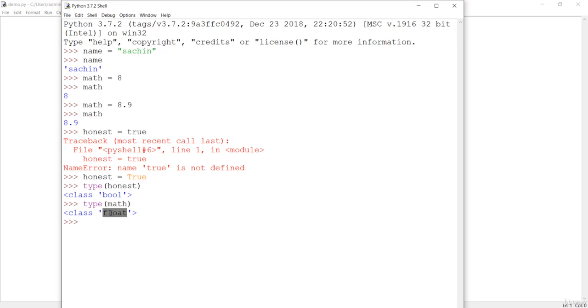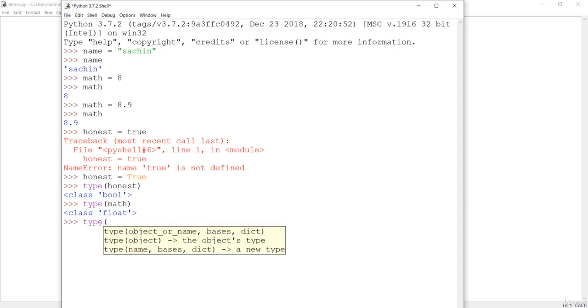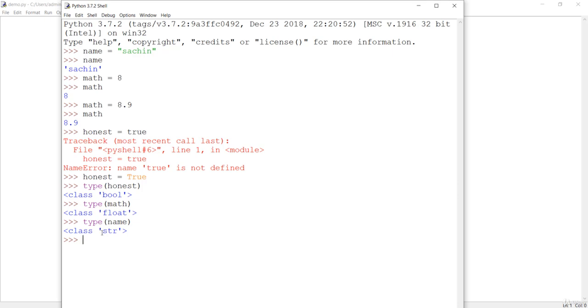Float is basically a decimal, you can see the content of math over here is 8.9, which is a decimal. If you want to see the type of name, it will show us a class as a string. So type is another function that is going to show us the data type.